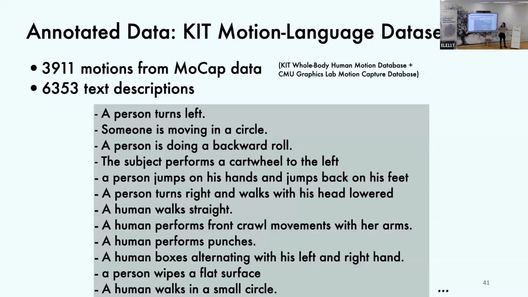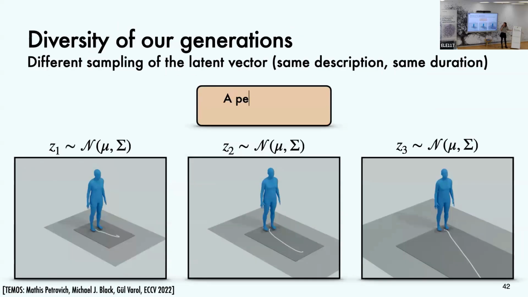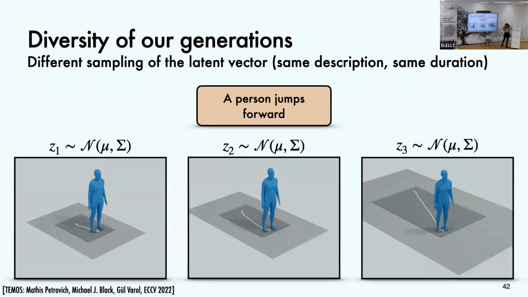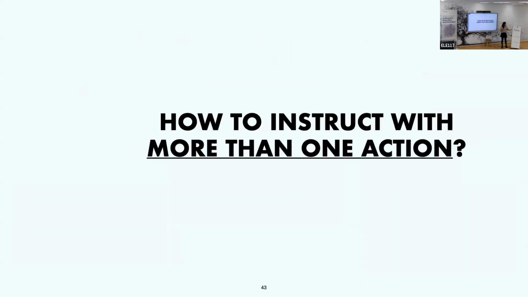And the texts, even if they are free-form, are not really that compositional, except that there could be left hand, right hand, or human walks in a circle. That's a lot of locomotion, how they walk, but not as much diversity in their actions. But it's good enough to train these models, at least to get some sort of diversity, like for person jumps forward with the same duration, you get different magnitudes. So when we sample more than 3 or 5, we get to see similar things depending on the motion, but it was already promising. So then the question arises: this is only one text, usually just one jumping,